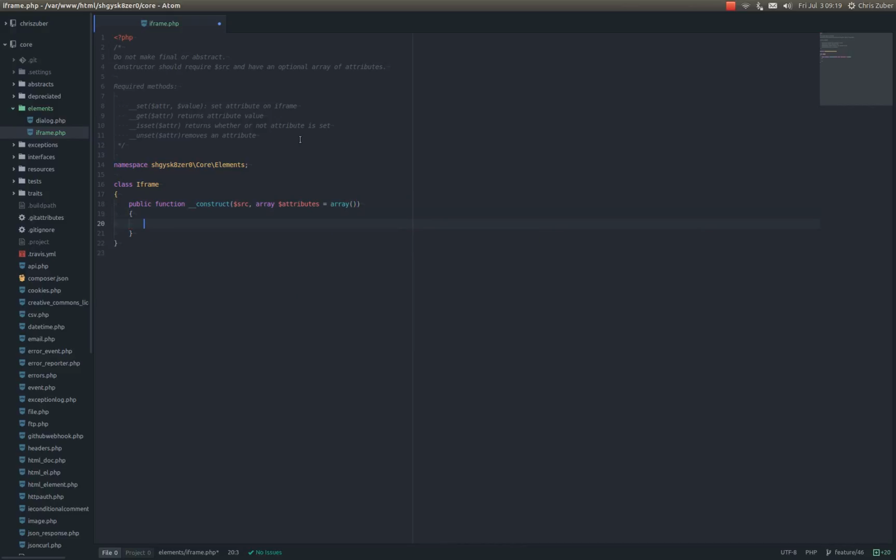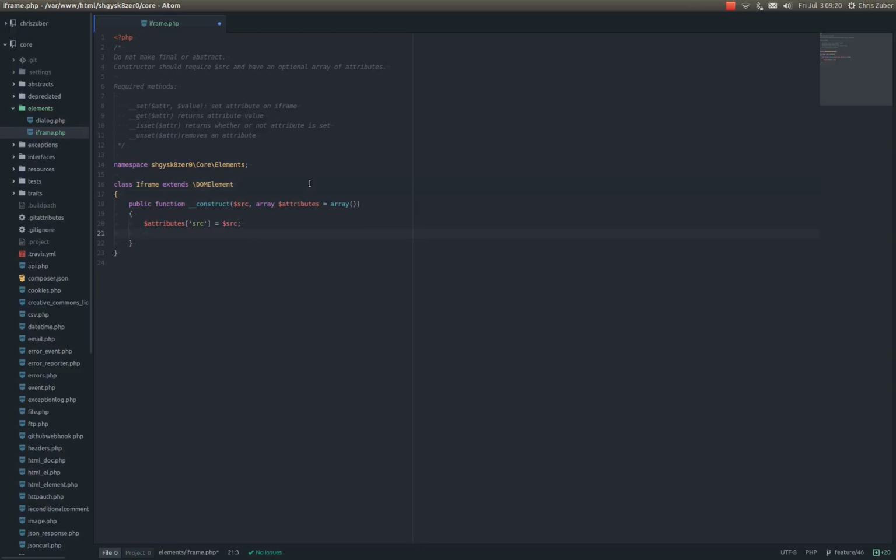And since the source on it is just a special attribute, a required one, I'm just going to set the attributes to contain that and not worry about it beyond that. This is going to extend the DOM element class,